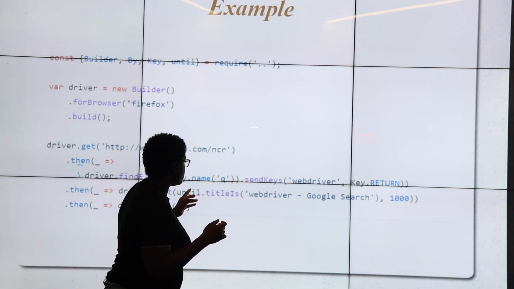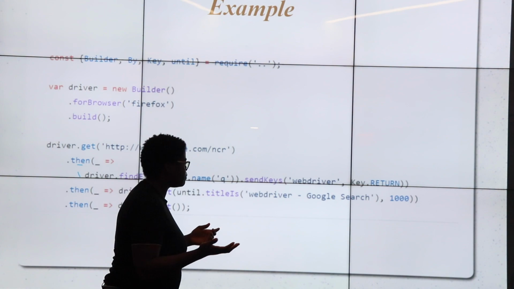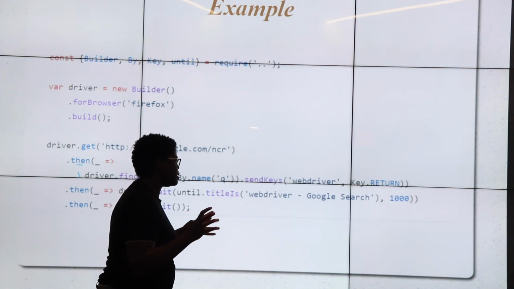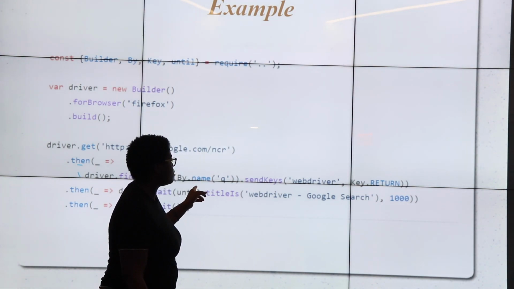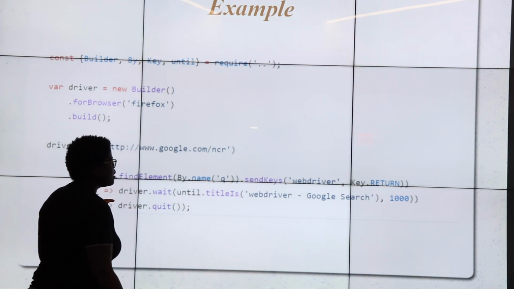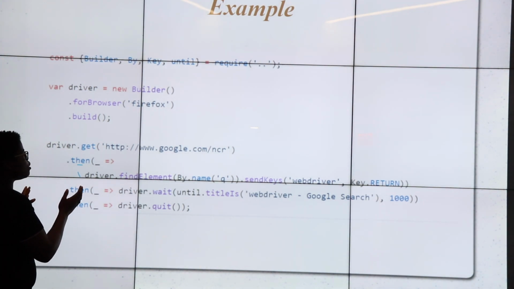So you have a method here called title is, which is an assertion. If you're familiar with any other testing library, it's an assertion. You're checking to make sure that the title of the page is WebDriver dash Google search, and then you're waiting, I believe that's 1 second. Yeah. Now, you're gonna always have to quit the driver, and this is another neat thing,